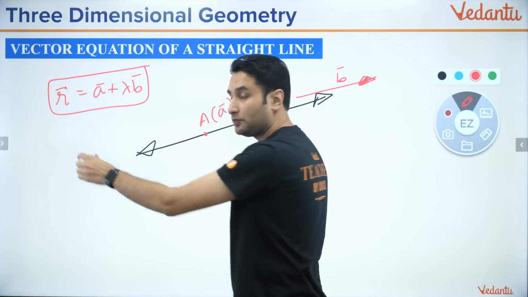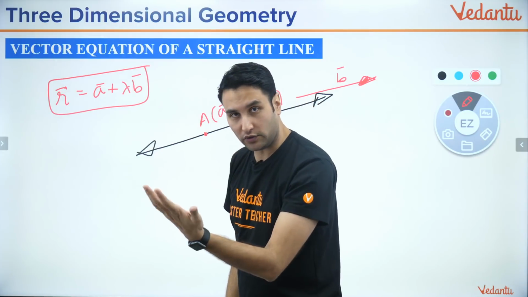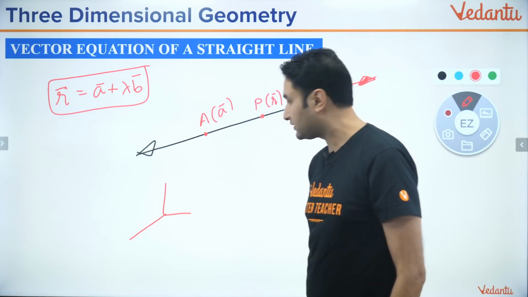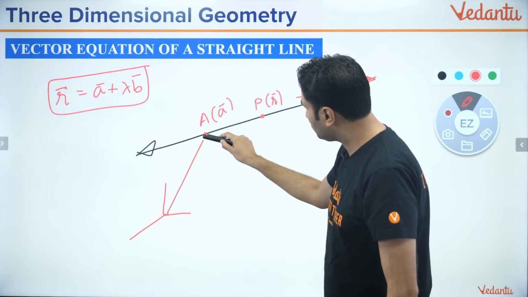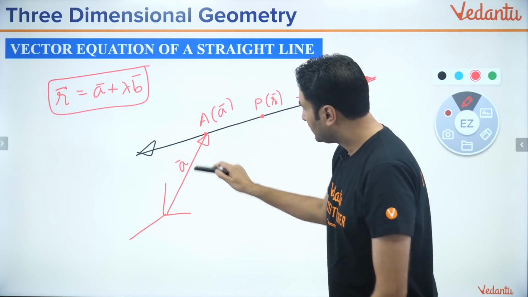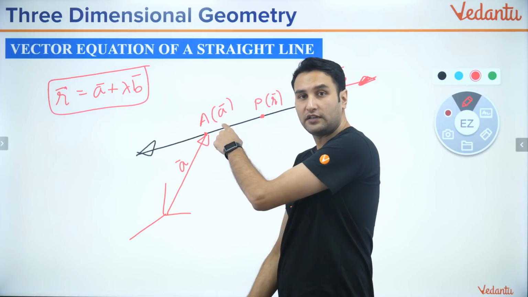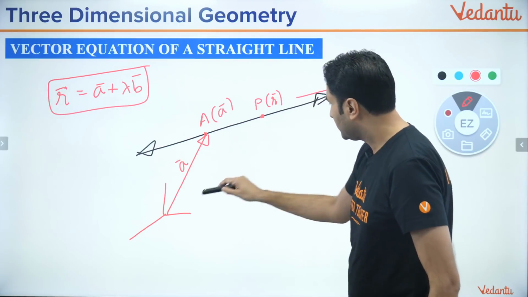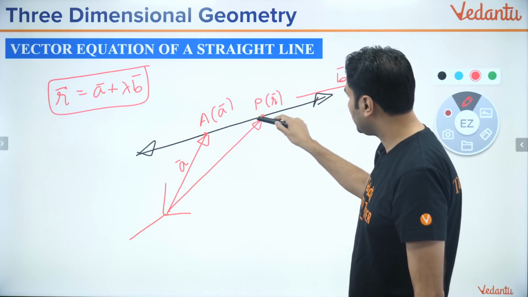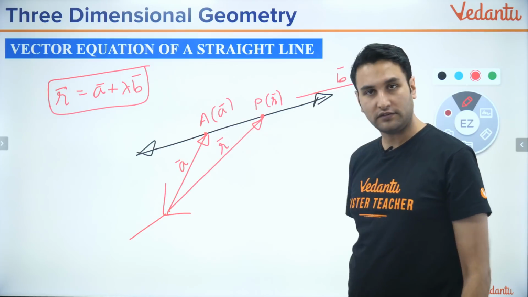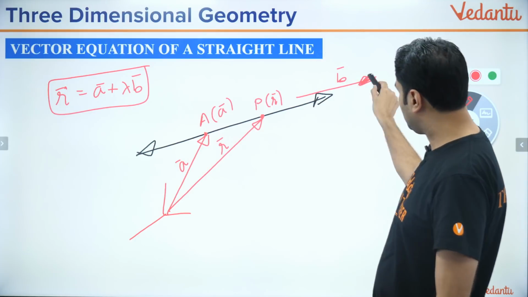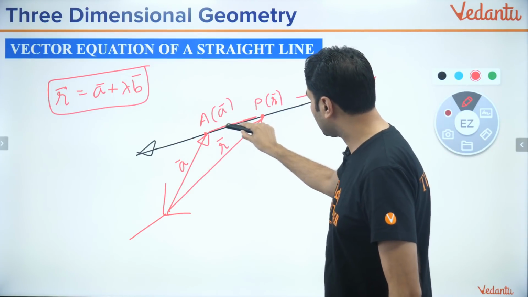R represents the position vector of any point on the line. ठीक है, तो कैसे आया, ये मान लो आपका origin है, this is your origin, this is your position vector A, because A क्या represent करता है, A represents the position of a point on the line, ठीक है, and this is the position vector of any general point on the line. Agree? ठीक है, तो बच्चों ये जो है, if this is B vector, then this vector can be written as,